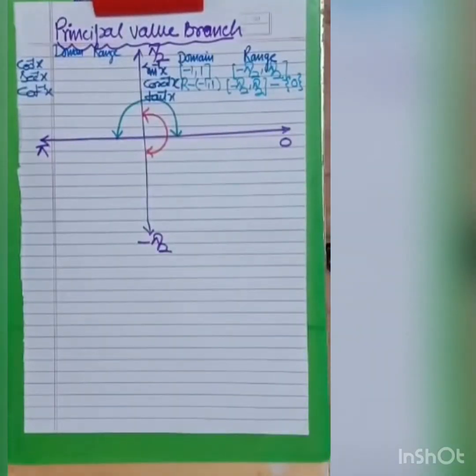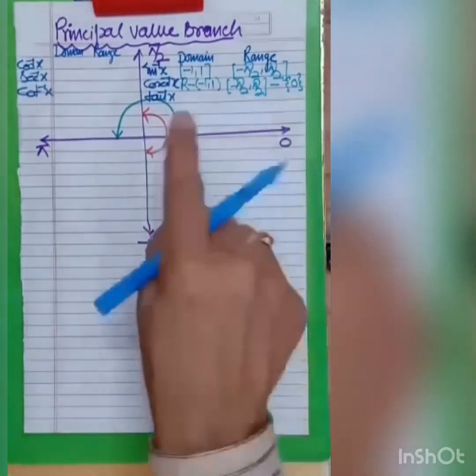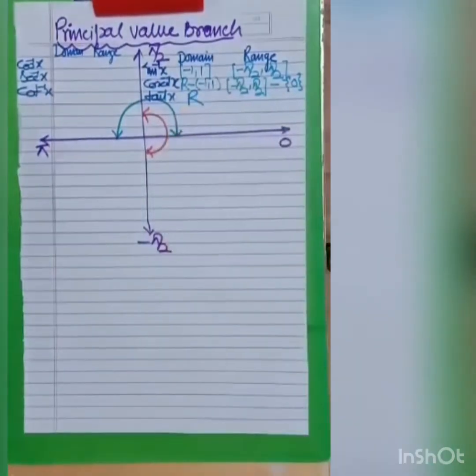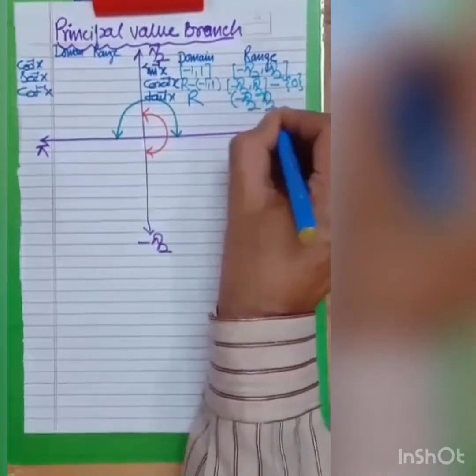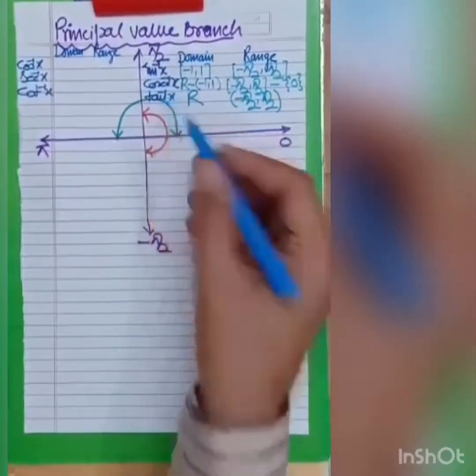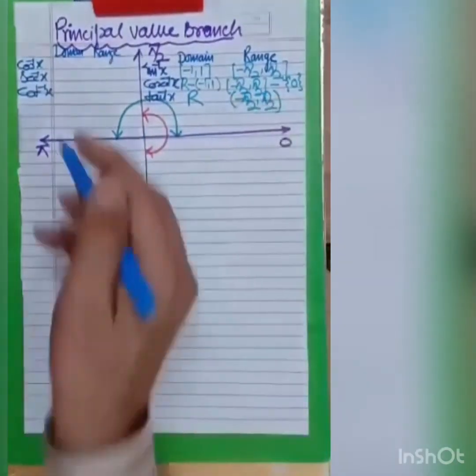Why is 0 removed from here? Because cosec is 1 by sine. When you put sine 0 there, we will get infinity. That undefined value is obtained in the case of 0, so we have to leave this value. Now in the case of tan, we have the domain as real numbers, but the range is minus pi by 2 to plus pi by 2. Why have we taken an open bracket here? Children, in the case of 90 you will get infinity. That's why we are not taking both ends of the interval.